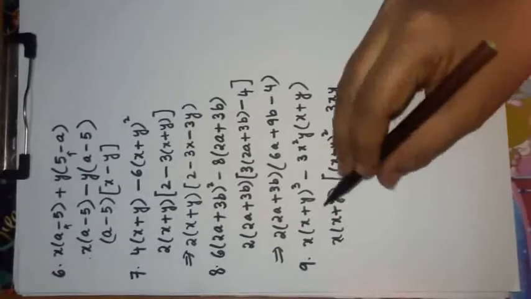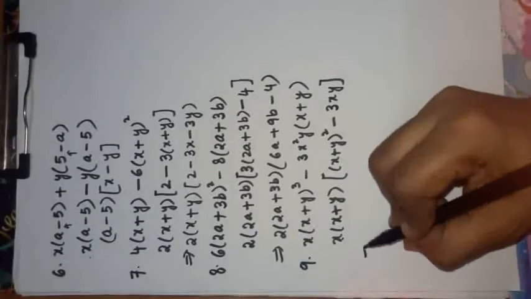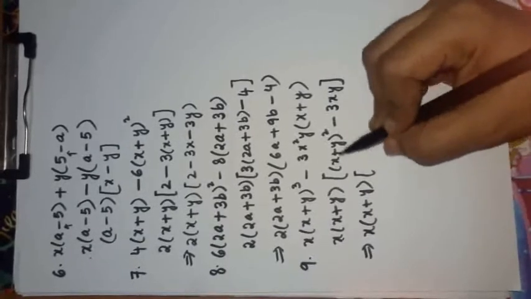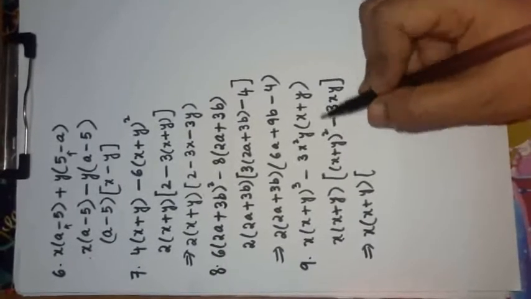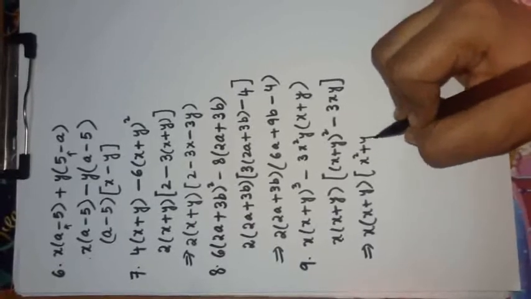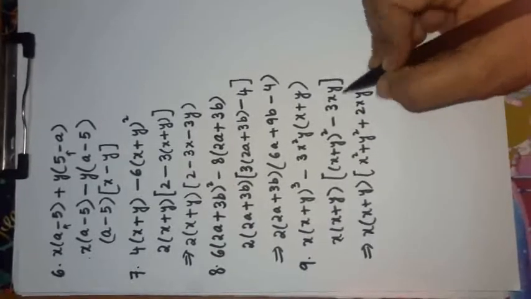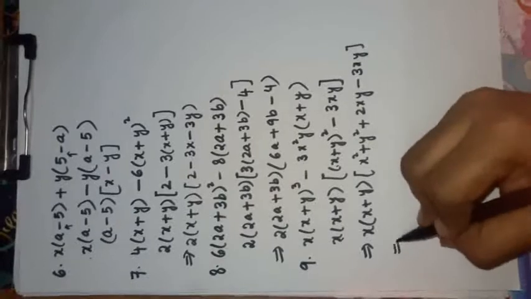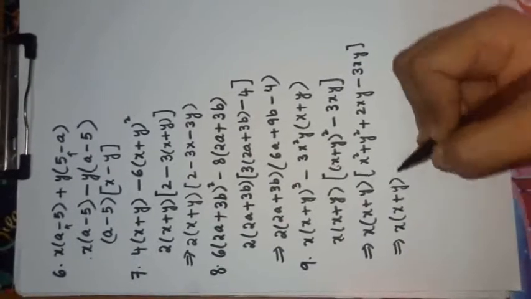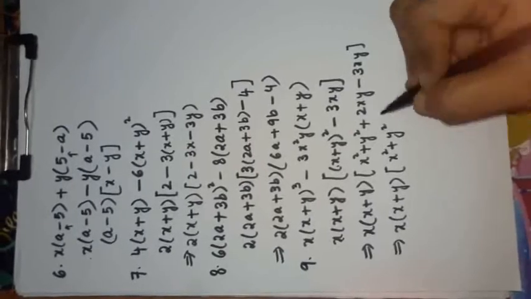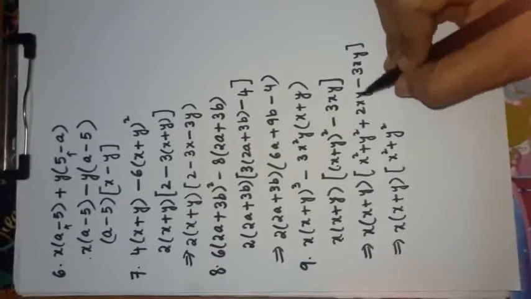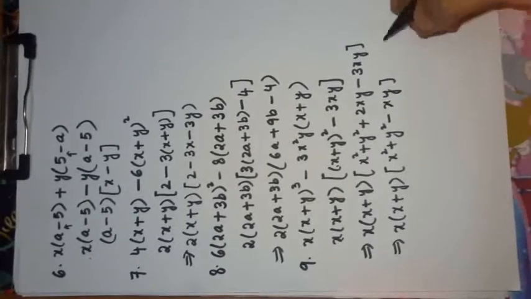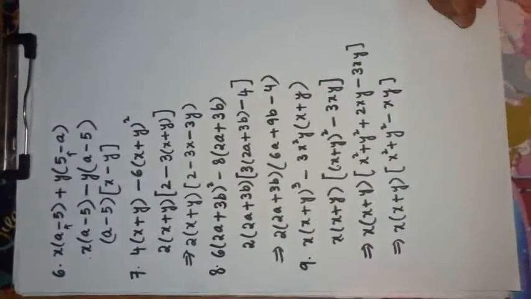Now this (x + y) you have already taken. So after that, x(x + y), then let us expand this one, (x + y)^2. This is in the form of (a + b)^2. So what is the formula? a^2 + b^2 + 2ab, that is x^2 + y^2 + 2xy, minus 3xy as it is. Then x^2 + y^2, plus 2xy minus 3xy, so plus 2 minus 3 will give you minus 1, so minus 1 means just write xy. So these two are the factors of this given expression.